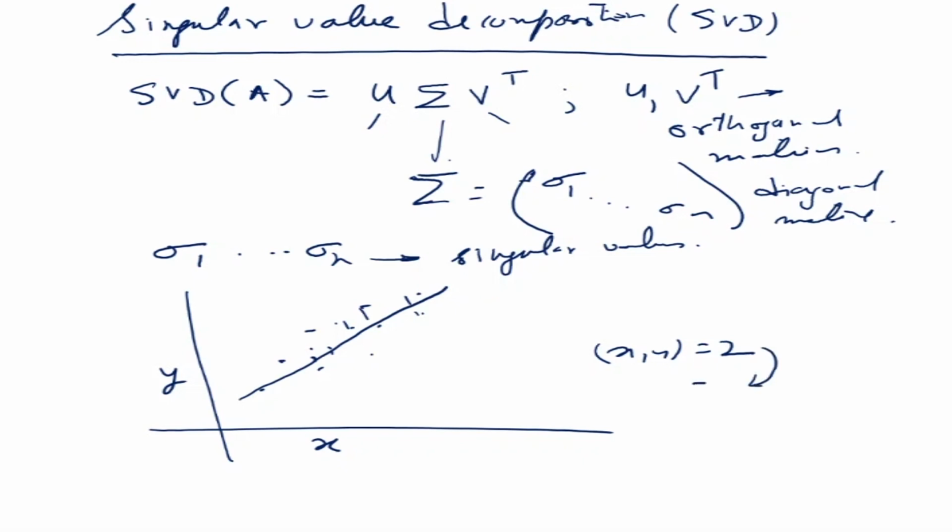Okay, so you're reducing that to 1 dimension only. Right? So it is a kind of a dimension reduction which is going on, or trying to find the direction in which there is maximum variation in the data points. Now that sounds a little bit, let me explain it a little bit more clearly.